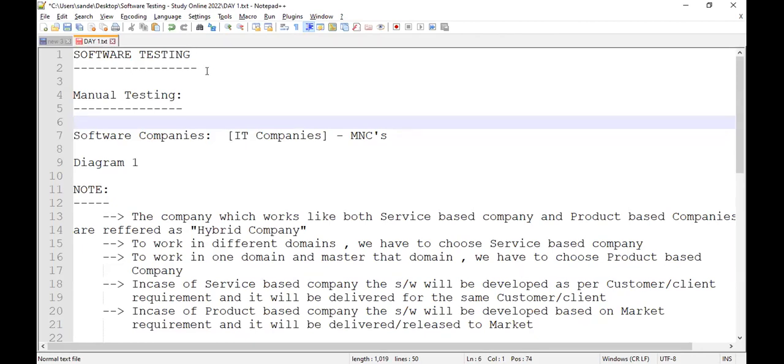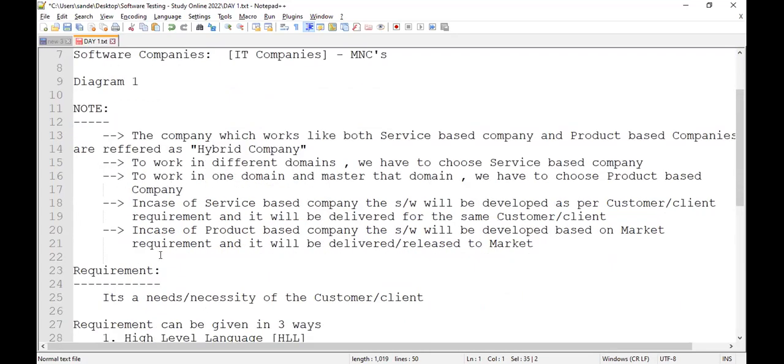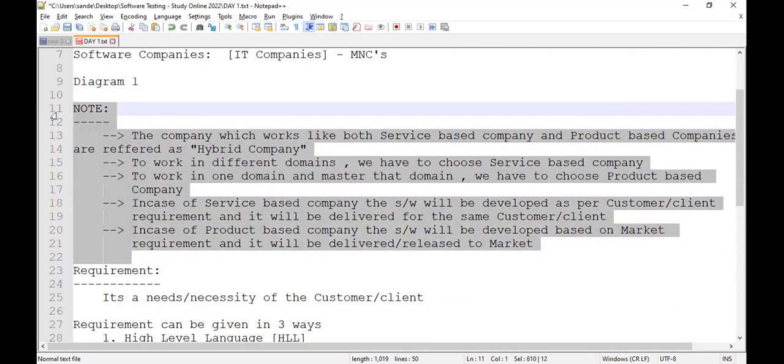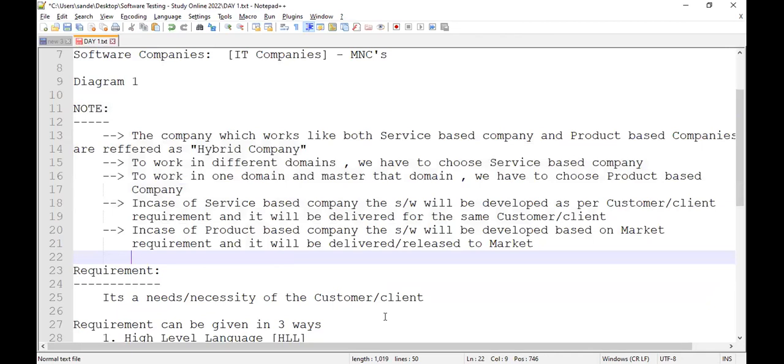If you learn the complete testing course, I have given a clear clarity on where you should get a job. If you are an experienced candidate, try more for product based. If you are a fresher, try for everything, but it's better to go for a service based company. Whatever I have seen, thousands of my students are working in the IT industry. And if you want a quick introduction about myself, let me give you one.